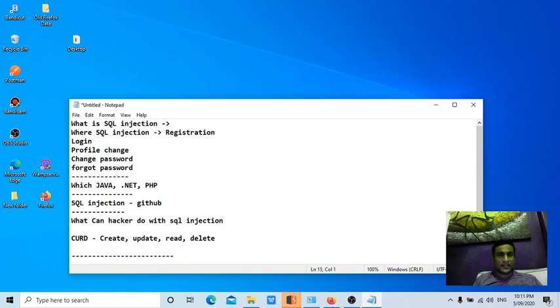The attacker can read the records from the database, delete the records from the database, and update the records in the database. A hacker can read all the usernames and passwords from the database. A hacker can also read the other web applications' databases which are installed on the same server. The hacker can create files on the server and delete files on the server, if some vulnerable functions are enabled, like load_file and outfile functions, guys.